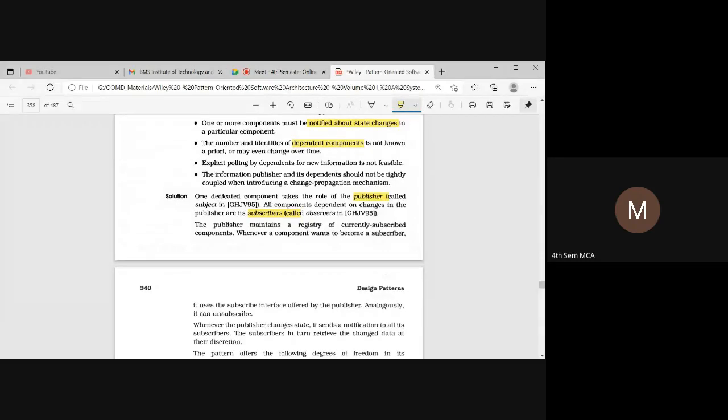Okay, so that is all about the patterns. So we are done with the syllabus, all the syllabus has been completed.